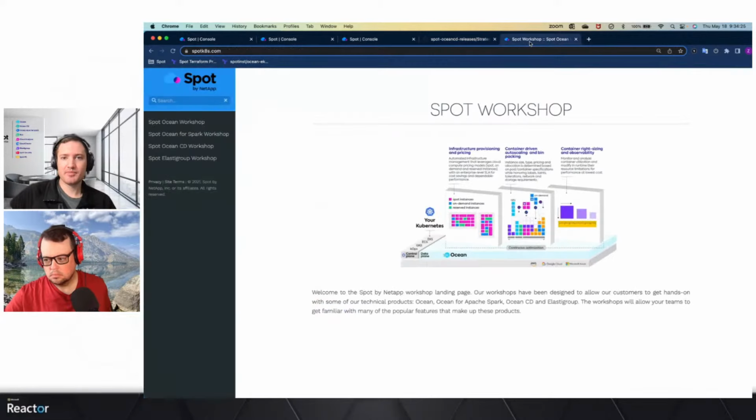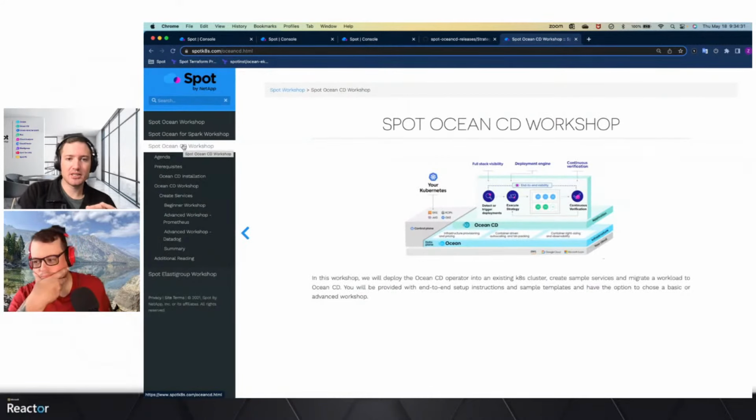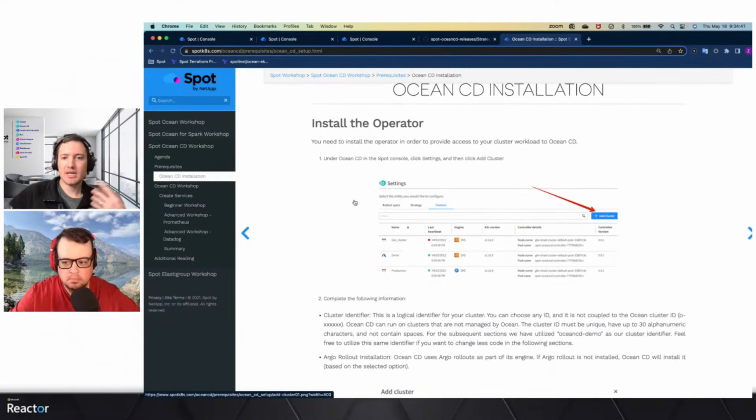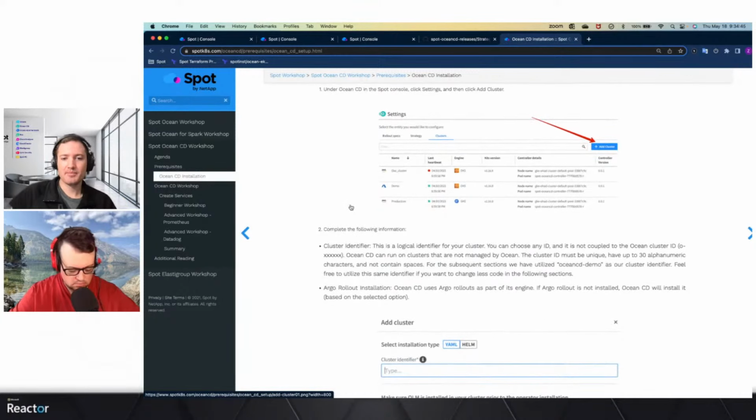And I think one of the best ways to actually get hands-on with any of our products at Spot by NetApp is trying any of our free hands-on workshops. So what these workshops do is guide you end-to-end on, okay, how do you install our cluster? It explains everything along the way that you are setting up.